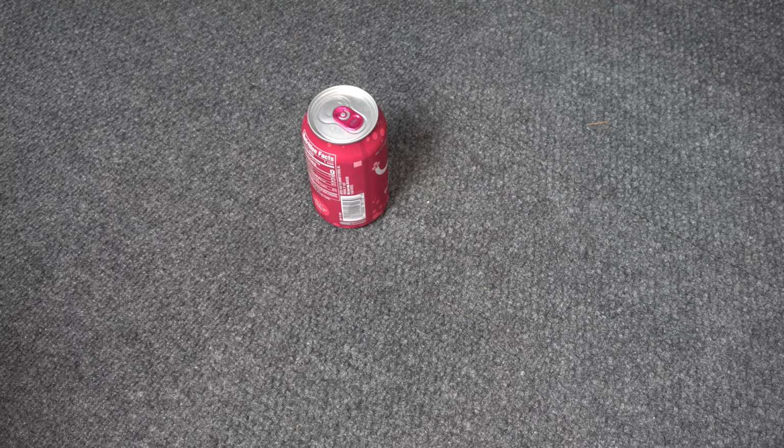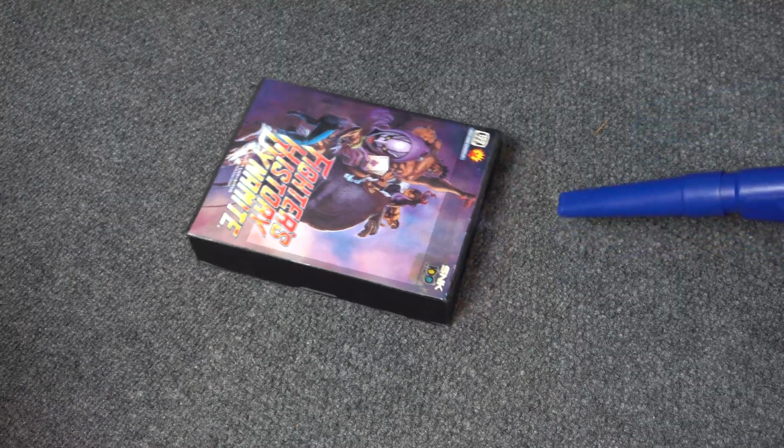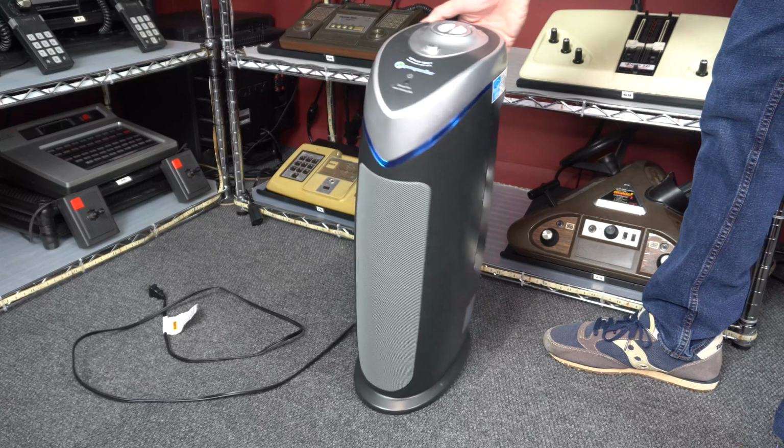I'm trying to show you how powerful the blast is. It easily blows over this pop can. It can also blow a Neo Geo cart across the room. So I expect all this to create a big cloud of dust, and I would like to suck that dust